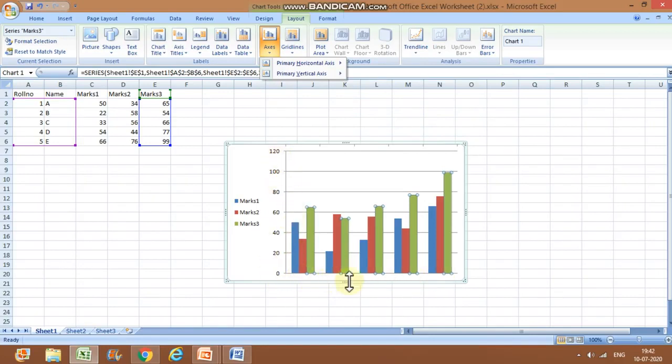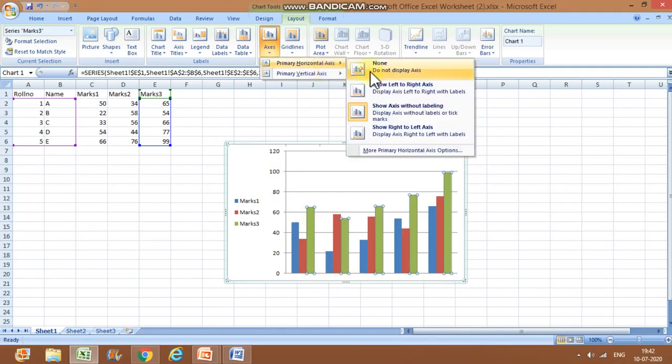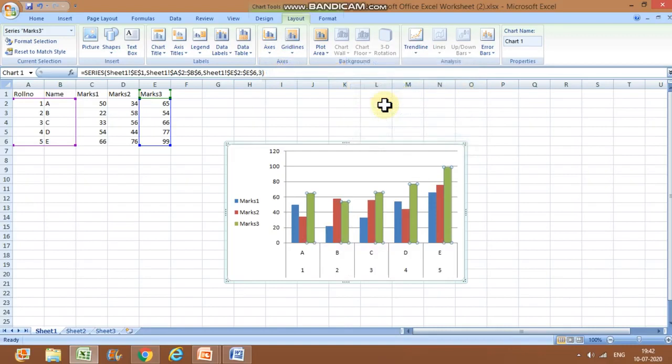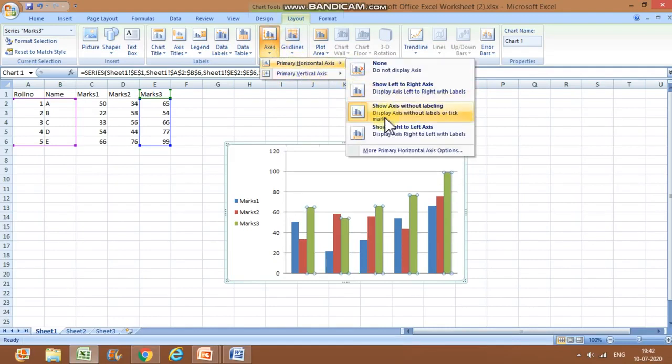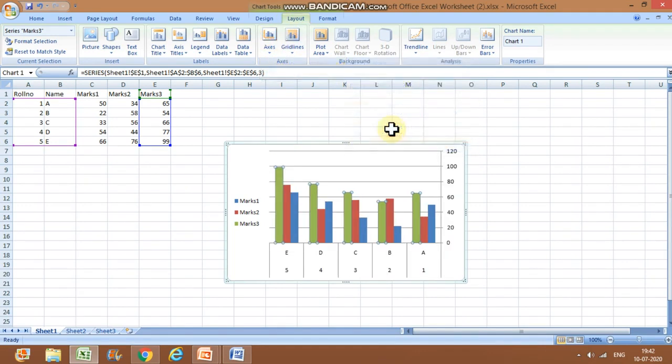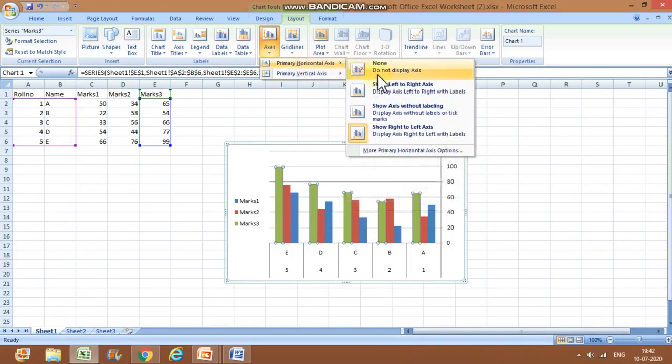Horizontal x and vertical y. Now I want to show left to right axis. Left to right means the way it is shown now. I will change something else so that the changes will be visible, without labeling. So there is no labeling now. Labeling means x and y. Show right to left. Have you seen it goes right to left? So this way you can make changes according to your wish.